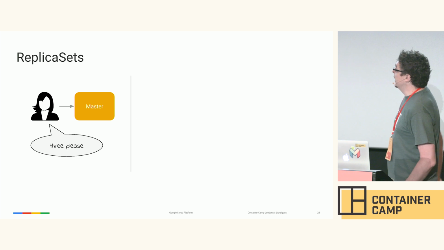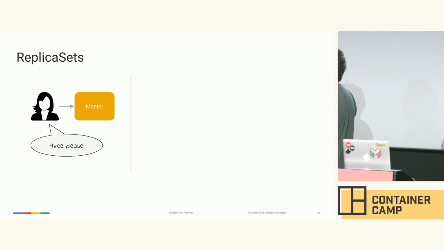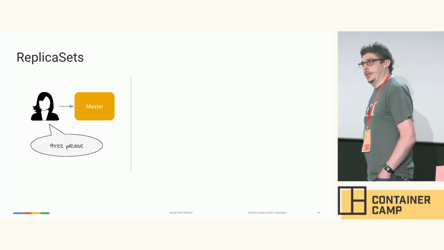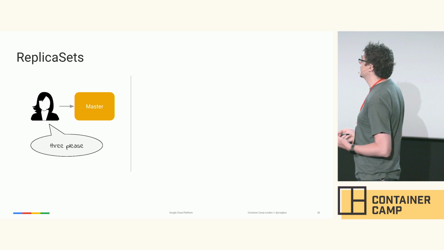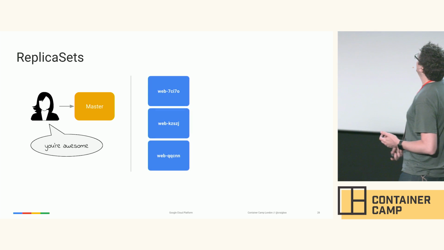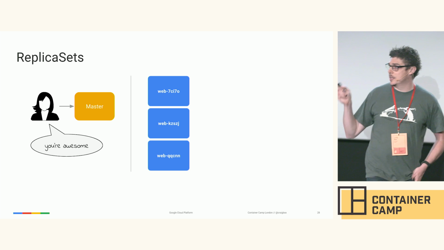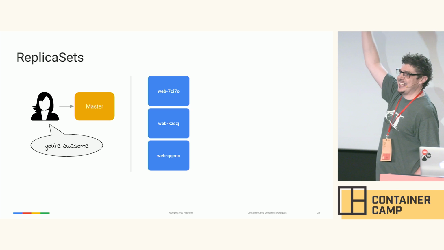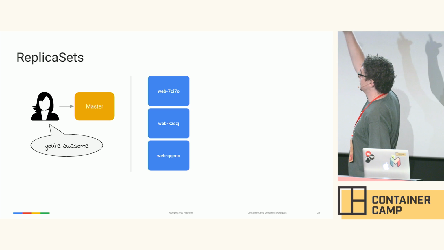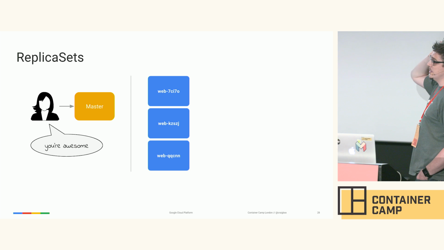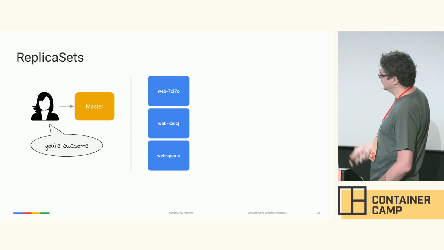So we have a user here communicating with the Kubernetes API running on the master node. And they say, we want a replica set. This is the old way. This is for stateless services. And we'll say, I want 3, please. And we get 3. And what you'll notice is that in the case here, we're starting a web pod, and it just gets allocated a gibberish ID at the end so that there's no conflict between them. But there's no relationship between these things. They are fungible. They can come and go.